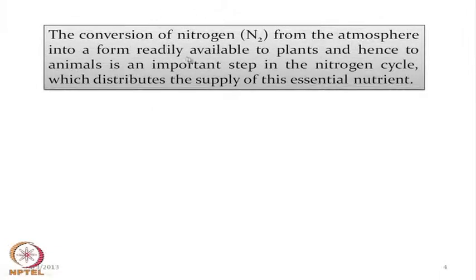So, if we are able to convert this nitrogen into the form which is readily available to plants, hence the animals which are dependent on those plants will also get the corresponding nitrogen as their useful source. So, plants will provide this nitrogen depending upon the bacteria, and this nitrogen can go to the animals. These are important steps, because they also control the formation of different useful biological molecules like proteins, polypeptides and nucleic acids.